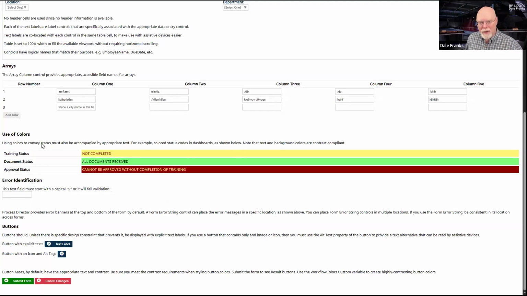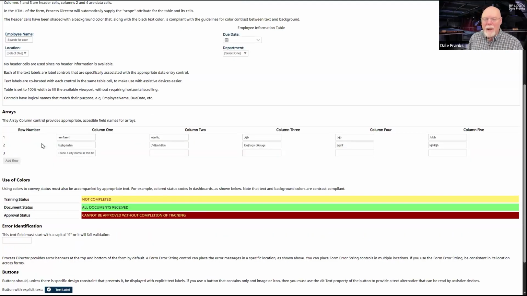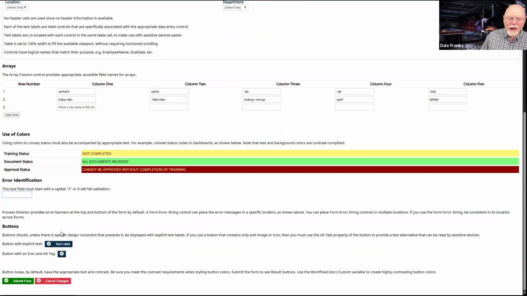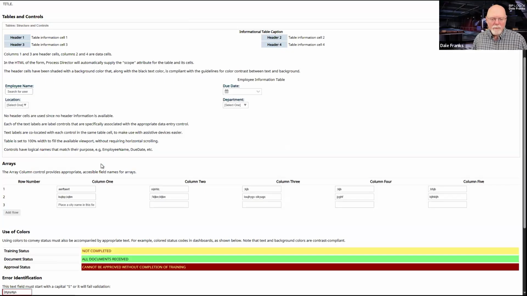Error identification. If I mess up somehow as I'm filling out my form, I need to be told that I've messed up, and I need to be told how I've messed up and what I can do to fix it. So I've got a little text field here that I'll just throw some text in, and I'm going to go ahead and submit my form.